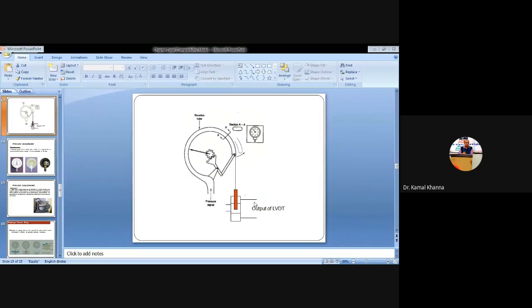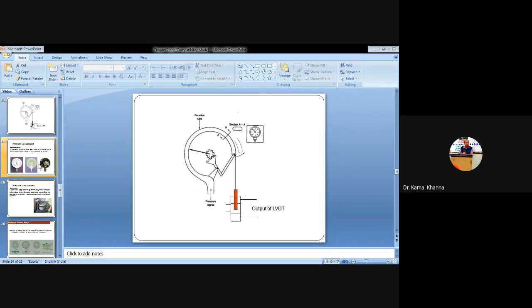So this is the Bourdon tube pressure gauge. This pressure gauge is basically being used to measure the very high pressures, and this is the Bourdon tube in the C shape here. So this is the C-shaped Bourdon tube. As soon as the pressure signal or the compressed air from the point where the pressure is to be measured enters into that Bourdon tube, it will expand, and we have a transducer, that is LVDT, linear variable differential transducer, installed here, which is being used to calibrate that or to provide the reading on the scale.